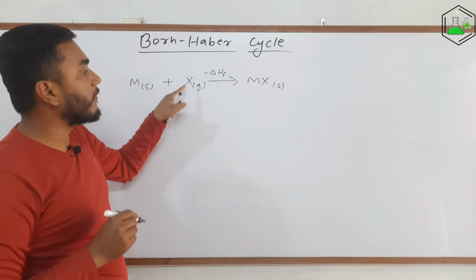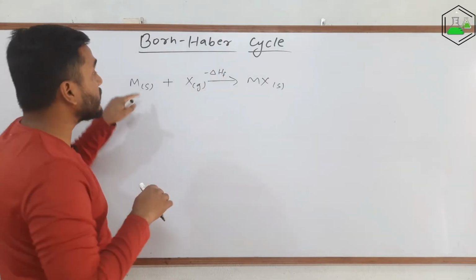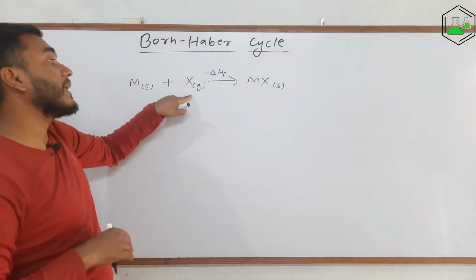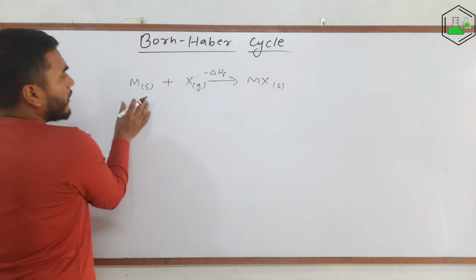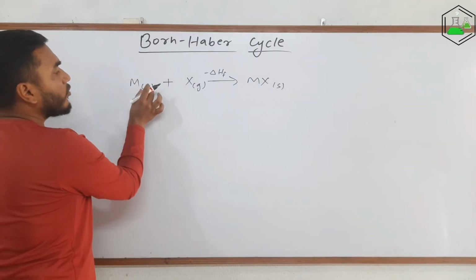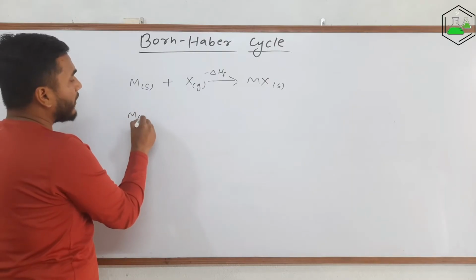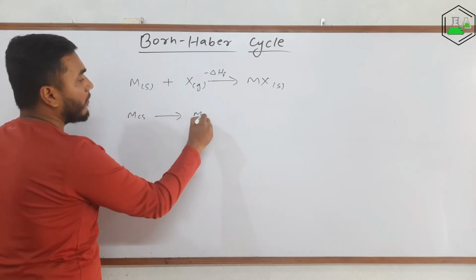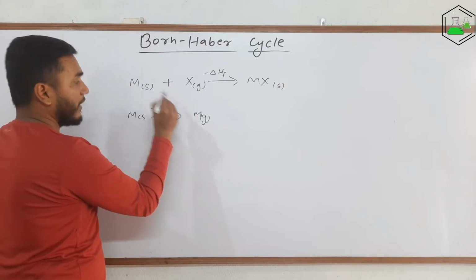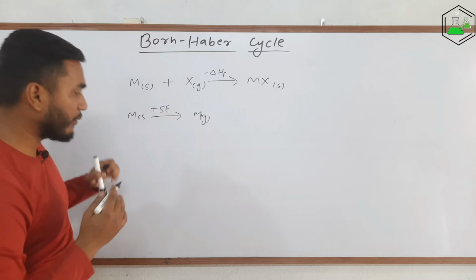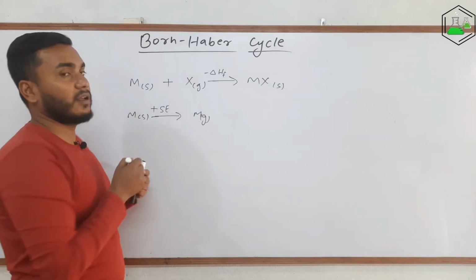The total enthalpy of formation of the reaction is this much. So some energy will be released when solid metal and gas non-metal react with each other. Okay, now look at here. Suppose we want to convert this solid metal into the gaseous metal form, then we need to supply some energy, that is called sublimation energy. Sublimation energy is the amount of energy required to convert the solid directly into gas, and that is a huge